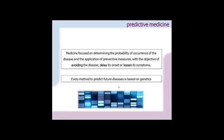We must highlight that every method to predict future diseases is based on genetics. The genetic information we have in our genes is already there. So it's not yet shown, but the information is there. So the better we know the information contained in our genetic background, the better we can adapt the environment and